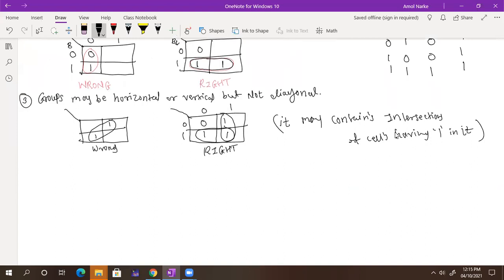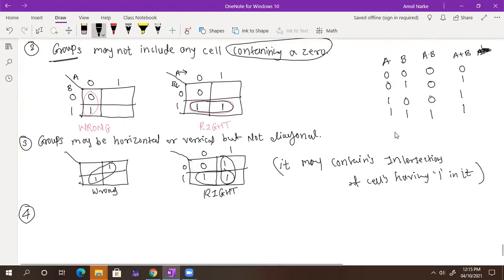You are getting now what I'm trying to do. I'm first explaining all the rules, and then I'm going to give you the problem, and I'm going to tell you why here 0 comes, why here 1 comes. You just ignore that term for now. What you need to observe to make a group: this is not valid, this is valid, this is not valid, this is valid. What is the use of that, that also I'm going to tell you. First we understand all the remarks, then we will write down.